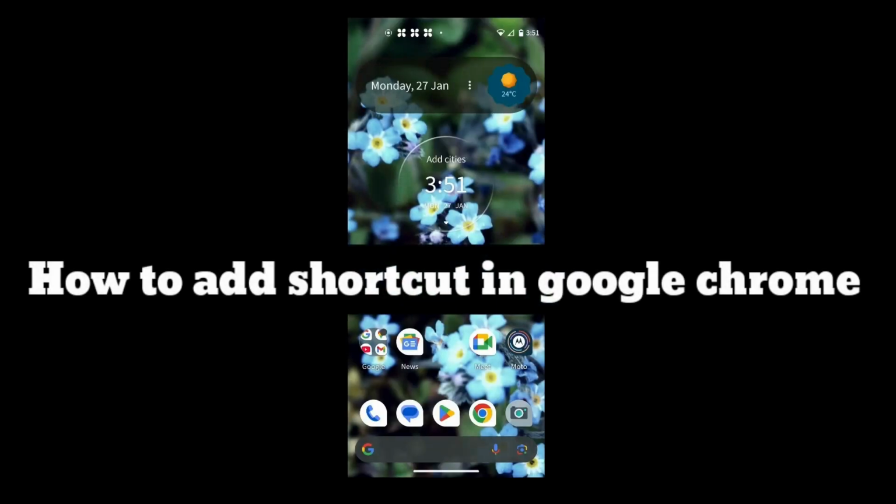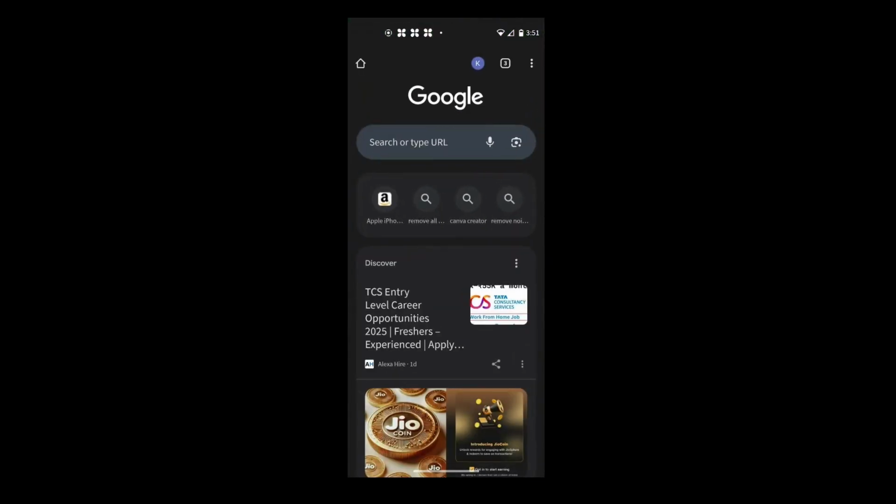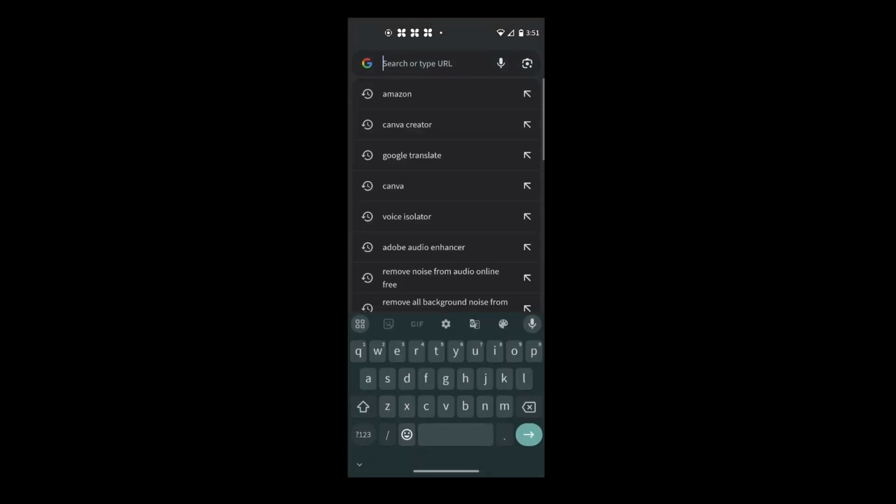So hello friends, today we will learn how to add shortcuts in Google Chrome. It is very easy. If you do not know, watch the entire video. First, on your phone, open Google Chrome. Watch the full video. First open Google on your phone,